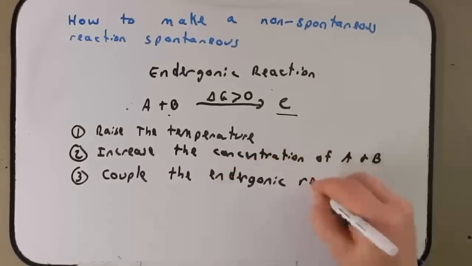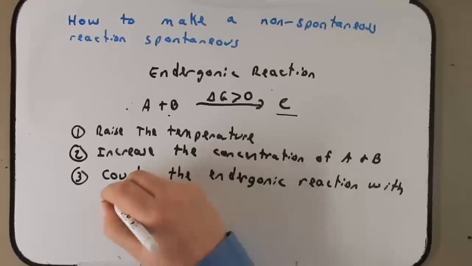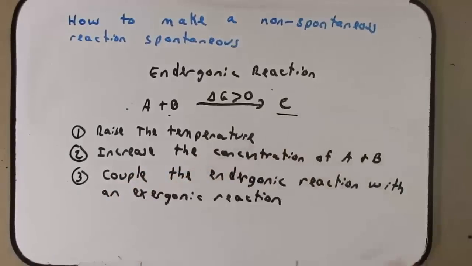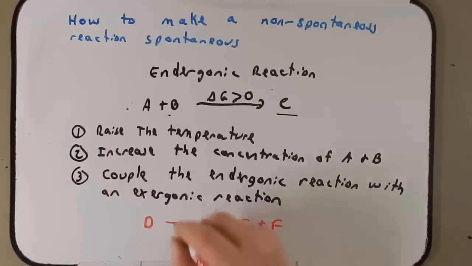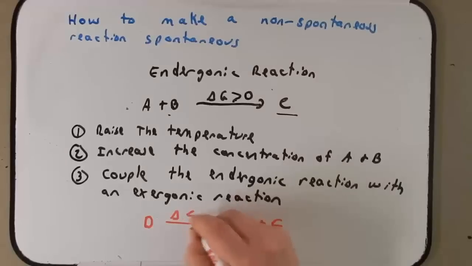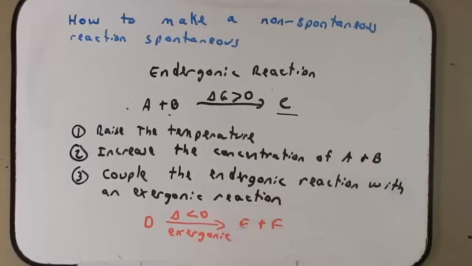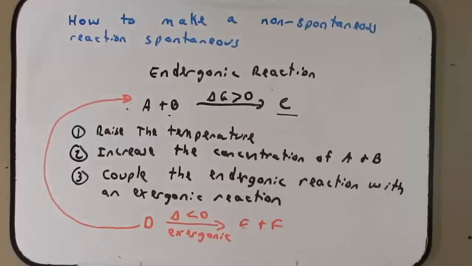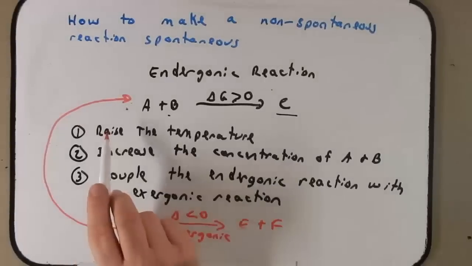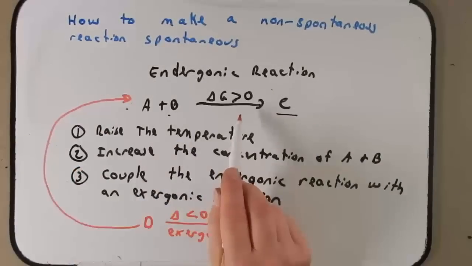the endergonic reaction with an exergonic reaction. So for instance, if we had another reaction, let's say down here, reactant D underwent a reaction to produce E plus F, say, and let's say this reaction is delta G less than 0, so it's going to be an exergonic reaction. This exergonic reaction could release enough energy to fuel this reaction, so to speak. The energy from this exergonic reaction can be coupled, is a better way to say, can be coupled to this